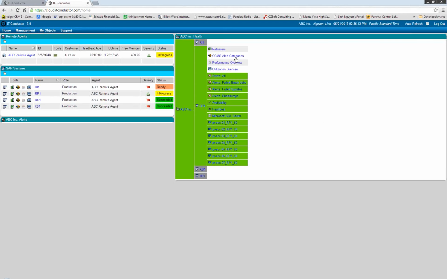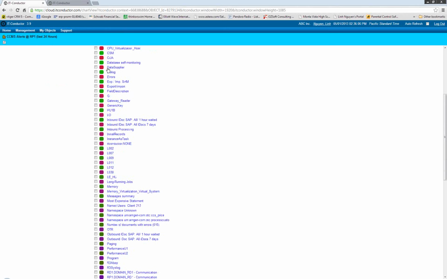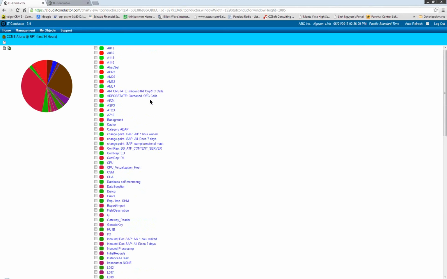Back to the main console, let's show you this other screen that came back with the CCMS alerts. The alerts themselves are in categories. If you hover above, you will see that this system in the last 24 hours had a lot of security alerts and data supplier, some background type. For any of these, if you're not interested in them, you can take them out. For background, you can exclude that category from analysis, and it will take it out and give you more of a zoom-in